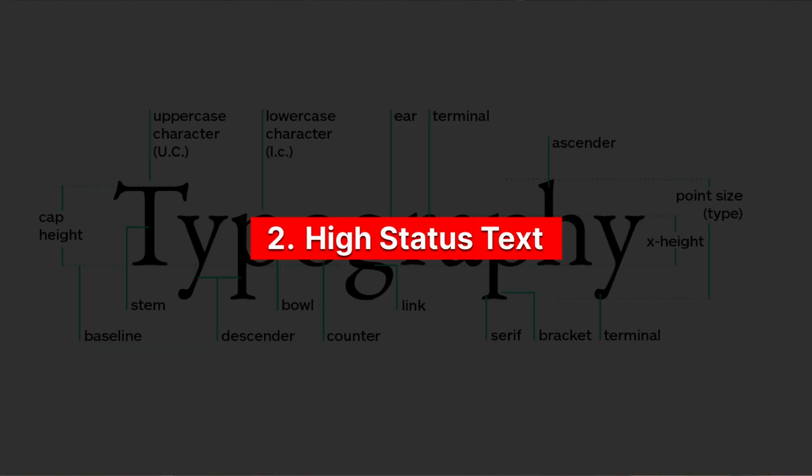The second step is high status text. Now the text is the bio and the username. You need your username to be very simple. Mine's Darius Chong _ If I couldn't use Darius Chong _ I would use King Darius. Find a nickname or find sort of a clean name that doesn't have a lot of numbers. You can use underscores to have a clean username, right?